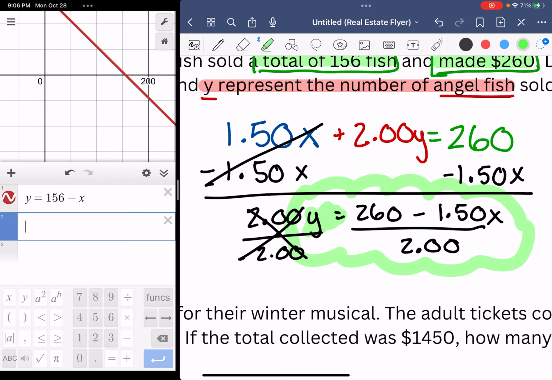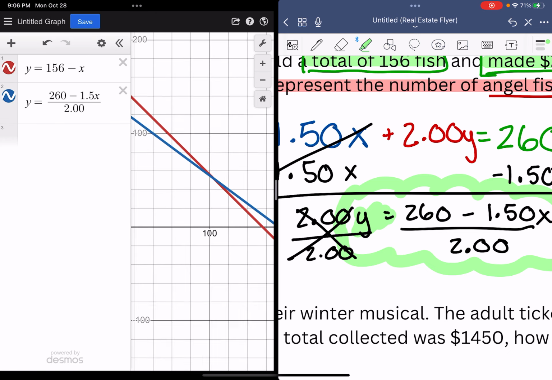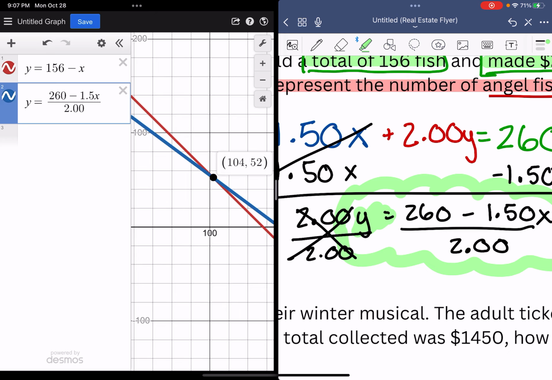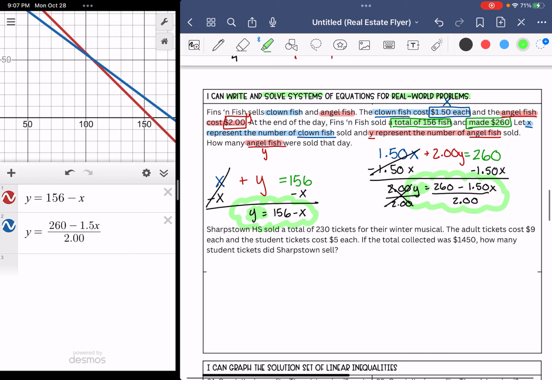I'm going to go ahead and place that second one in Desmos. Y equals 260 minus 1.5x over 2. And there is my system right there. I can see where those lines cross right here at 104.52. So my solution is